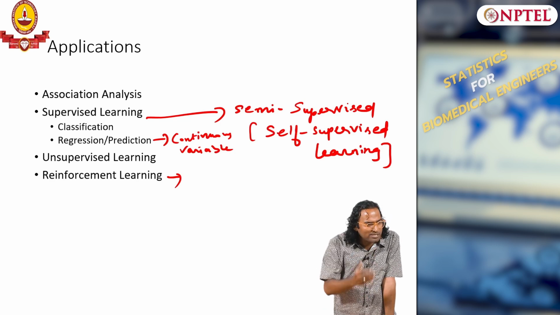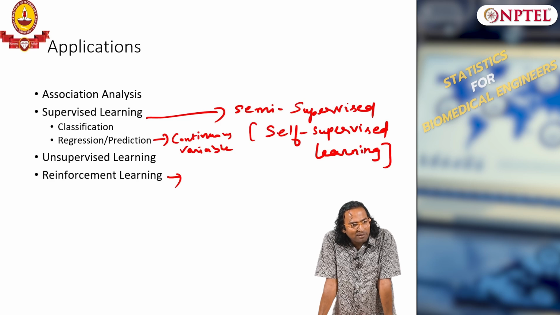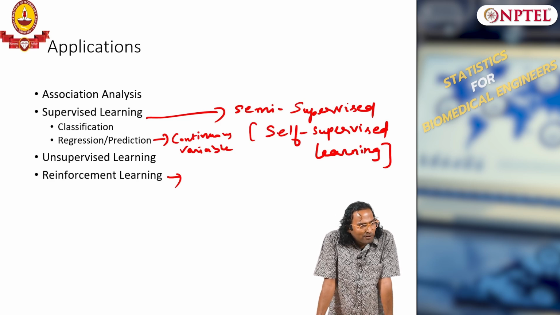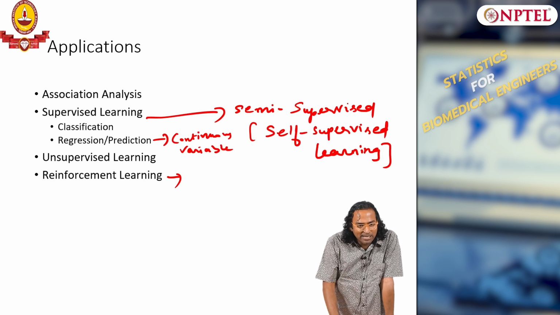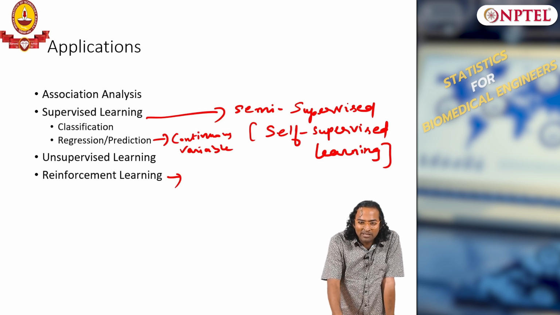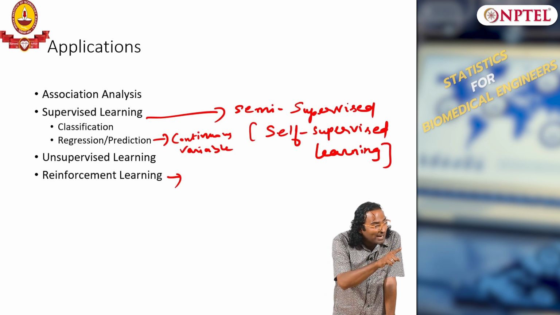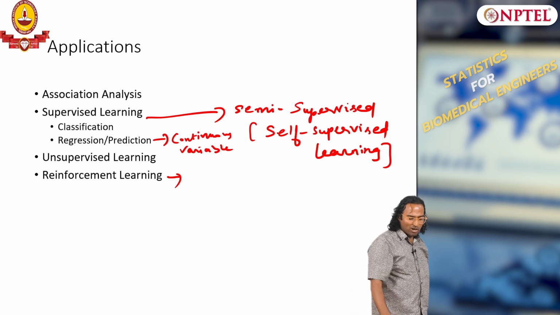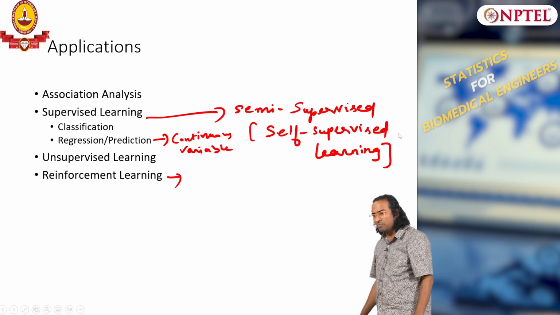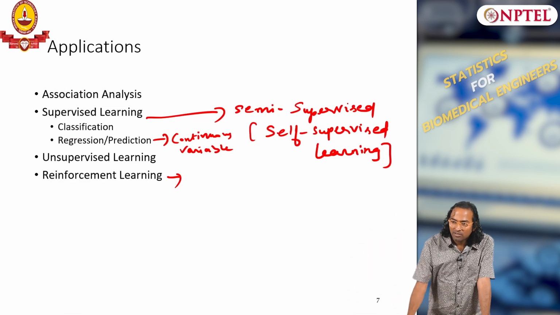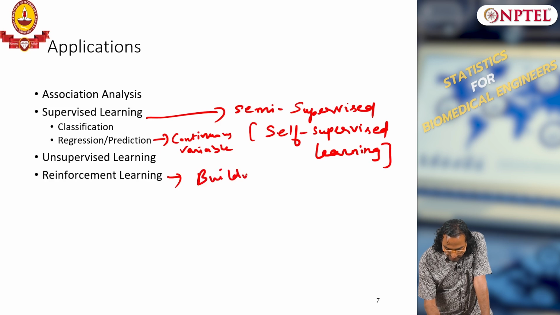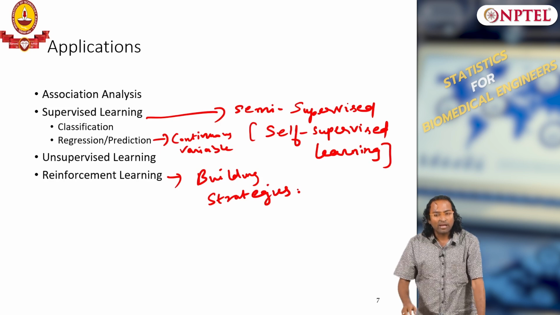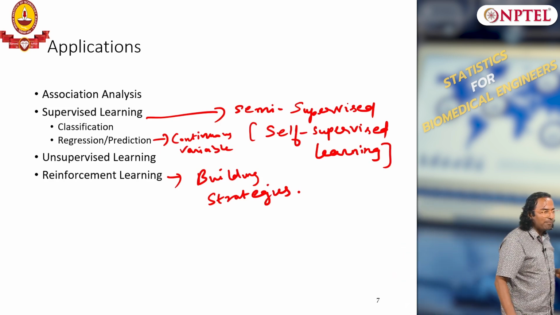Even as a novice, if you play chess, do you think every step is important? Maybe important for an expert, but for a novice not every step is important. After a certain step we understand the opponent's strategy and then start modifying. That is the key stage where one should get a reward or punishment. That is what these algorithms do, which are called reinforcement algorithms for building strategies. So, these are the various applications of machine learning algorithms in broad terms.